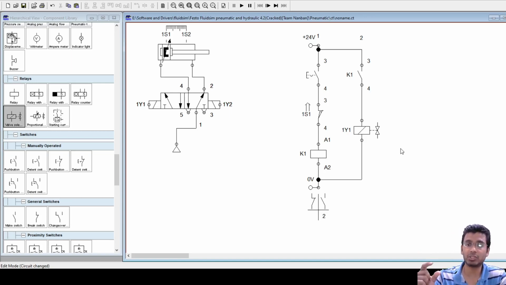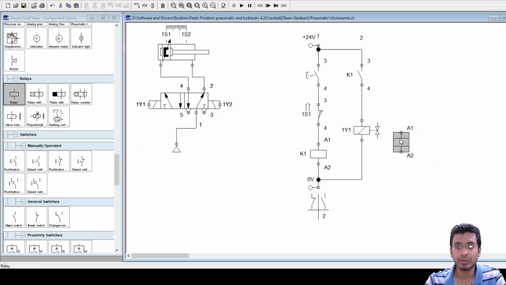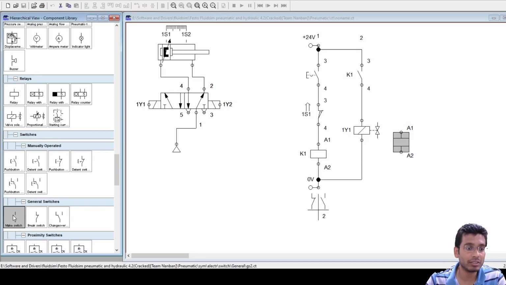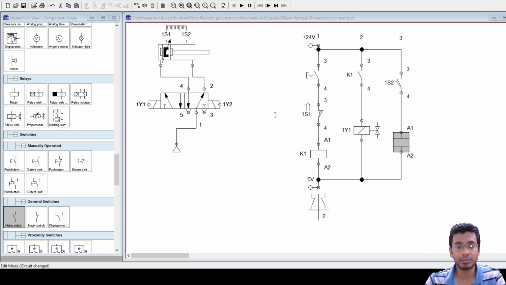With that 1S2, I have to indirectly actuate my valve 1Y2. For indirect actuation, again I'll be requiring a relay, and I'll also be requiring this limit switch 1S2, which will trigger my relay K2. Now complete the circuit. What would be your fourth current path?